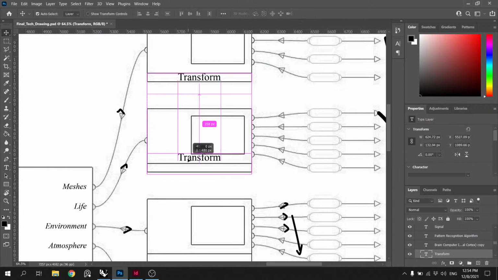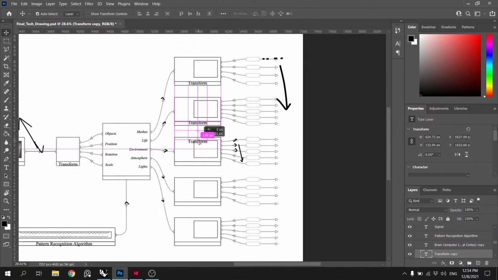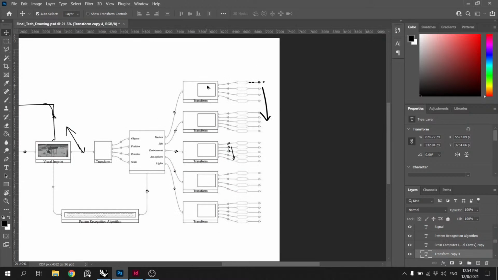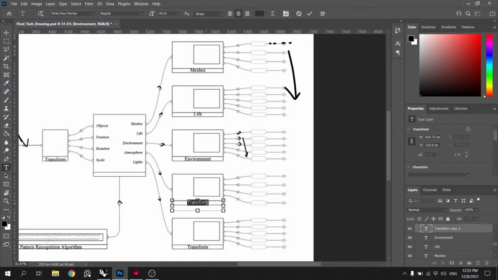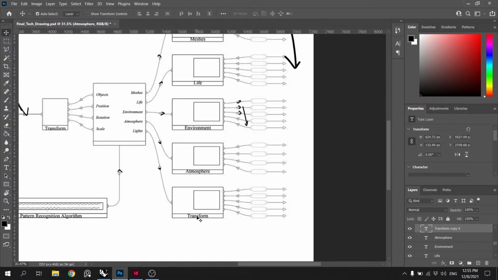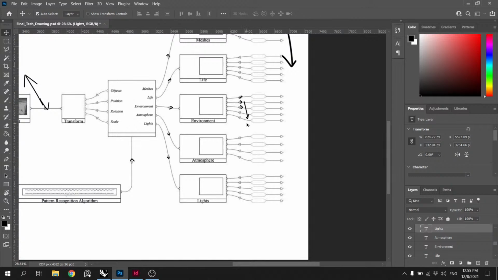And they get called like meshes, life, environment, atmosphere, lights, something like that. So they all get extended.